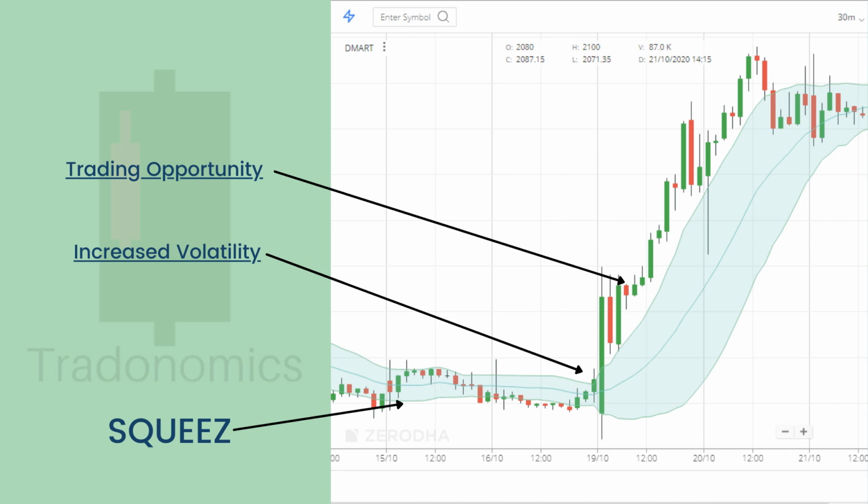Generally, the Bollinger Band gives two opportunistic signals. The most important is the squeeze. The squeeze is a central concept of the Bollinger Band. When the bands come closer together near the moving average, it is called a squeeze. The squeeze signals a period of low volatility and it is considered to be a potential sign of future increased volatility and obviously a possible trading opportunity.